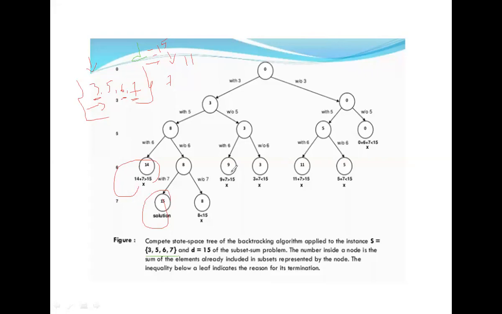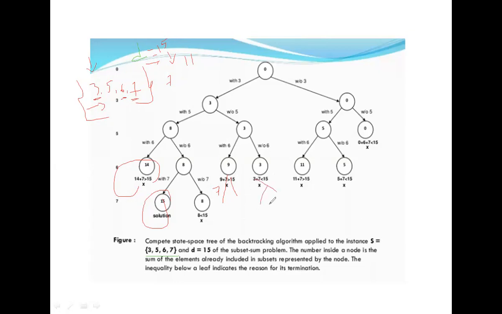And here, without considering this 6, the previous value is 3. Next, see here after 9, with considering 7 and without considering 7. Why can I not draw the value here? Because 9 plus 7 is 16, which exceeds the sum, so we cannot consider it. And here, without 7, the value is 9, which is less than 15, so that's why I cannot consider it here.